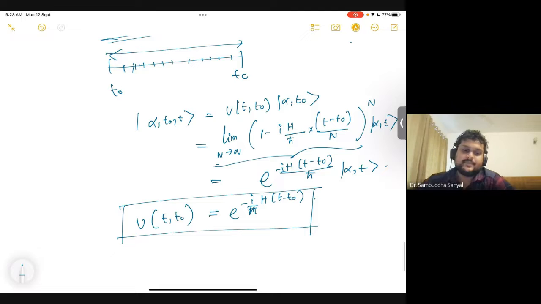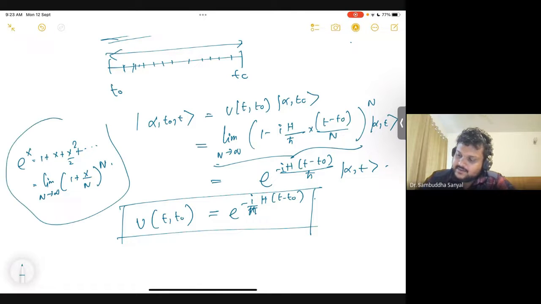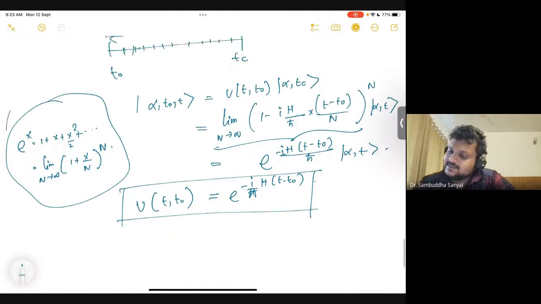And that again you can prove it using this way, that you have e to the x equals 1 plus x plus x squared over 2 plus this. So I have used the same identity as before. So using this identity, I can write it in this form. So everybody is clear about this form of a finite time translation. So a differential time translation is this.